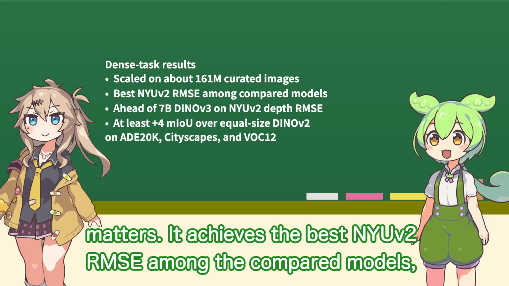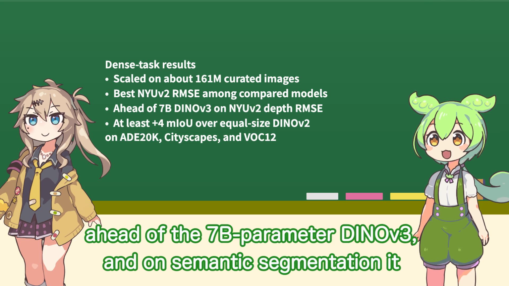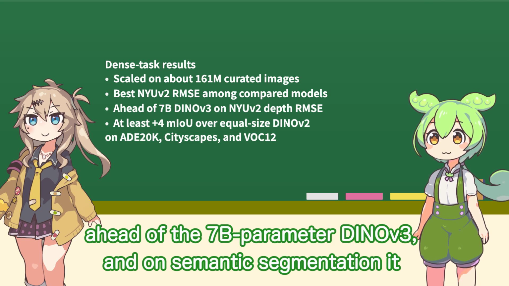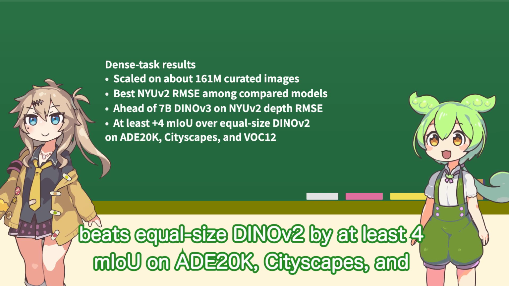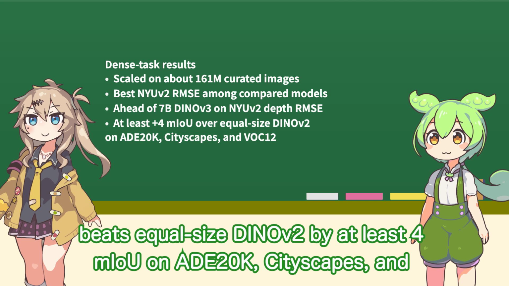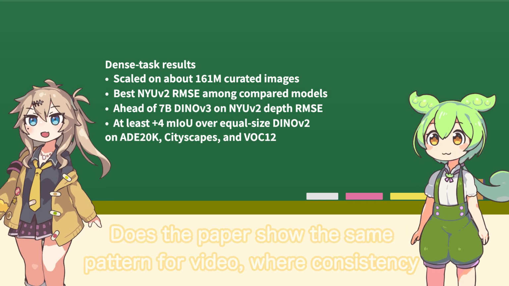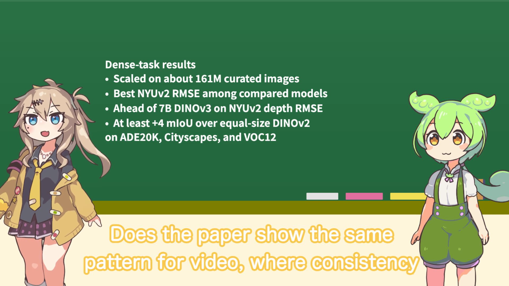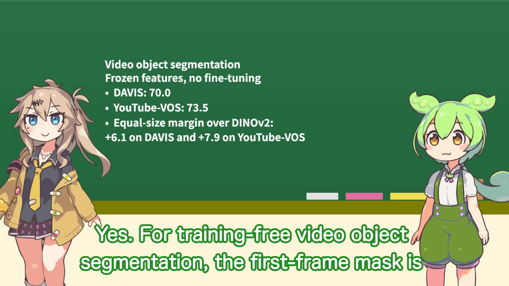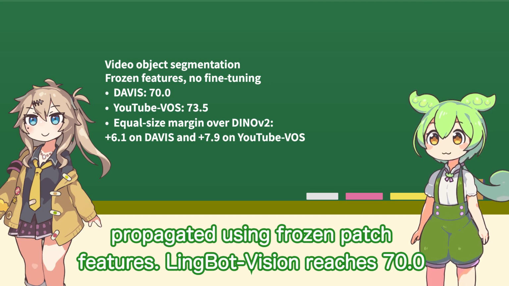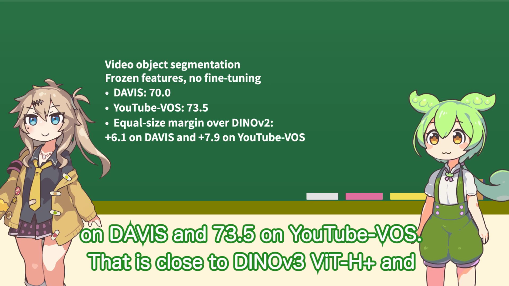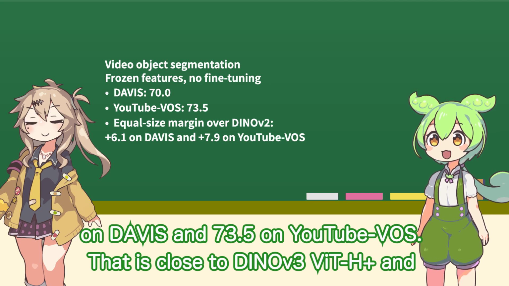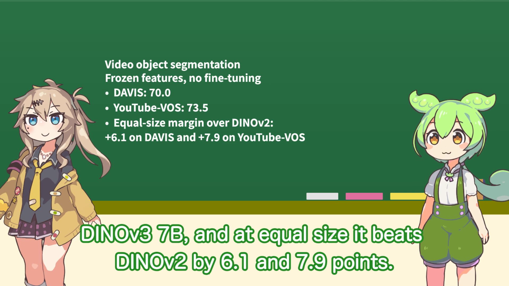It achieves the best NYUv2 RMSE among the compared models, ahead of the 7 billion parameter DINOv3. And on semantic segmentation it beats equal size DINOv2 by at least four mIoU on ADE20K, Cityscapes, and VOC12. Does the paper show the same pattern for video, where consistency over time matters? Yes, for training-free video object segmentation, Lingbot Vision reaches 70.0 on DAVIS and 73.5 on YouTube-VOS. That is close to DINOv3 ViT-H+ and DINOv3 7 billion, and at equal size it beats DINOv2 by 6.1